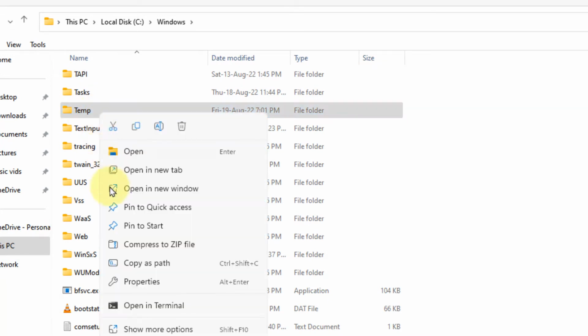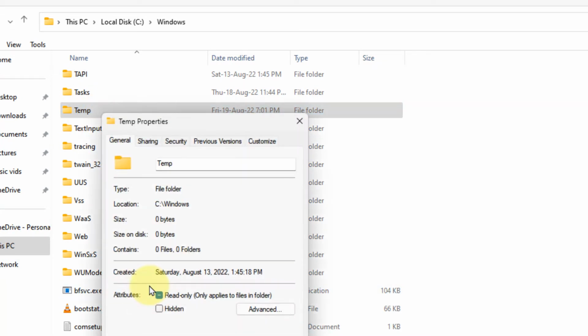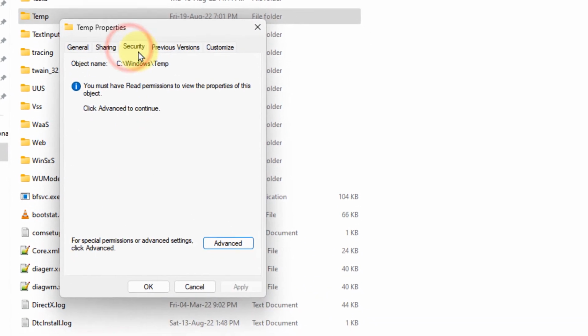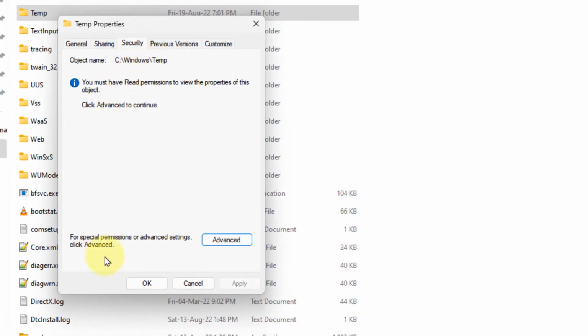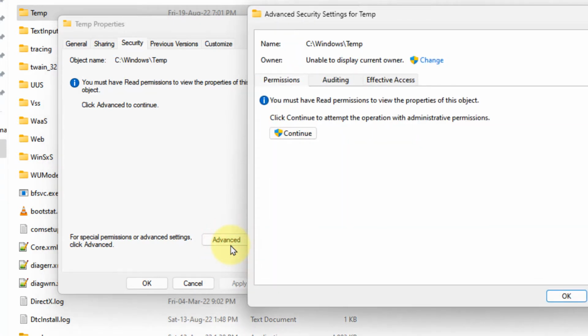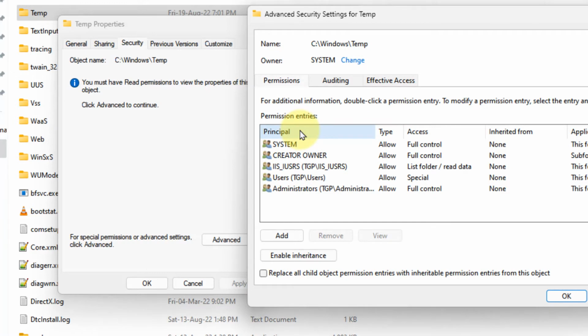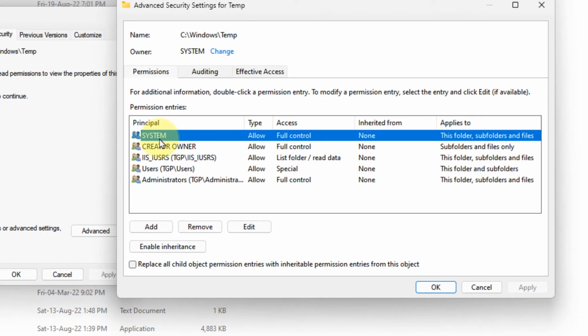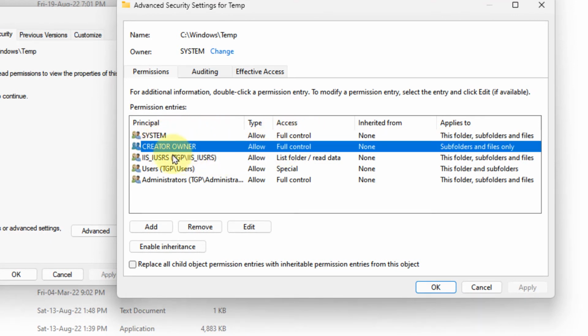Right click on the temp folder, click on properties, click on security. Now click on advanced. Now click on continue. Now double click on each of these and make sure that all of them have full control, including the